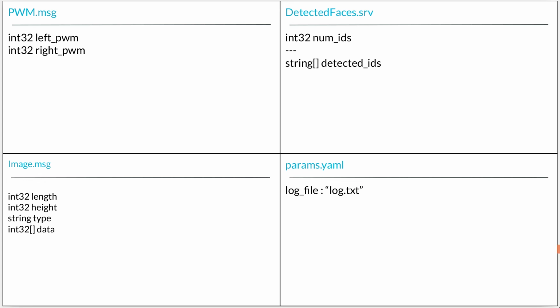The structure of the YAML file used to store the parameter is to have a parameter name and the value separated by a colon. You can have multiple parameters, each of them defined in a single line. The value that a parameter can have is restricted to simple data types such as integers, floating point values, and strings.